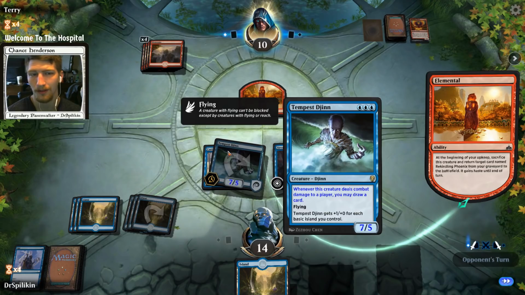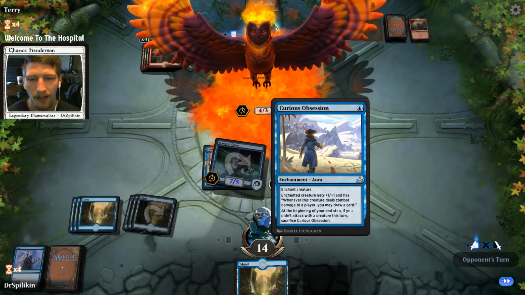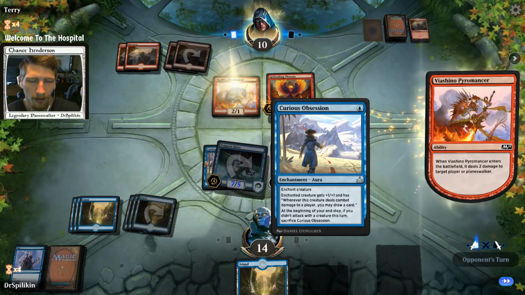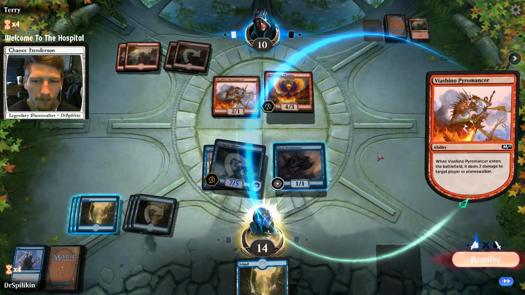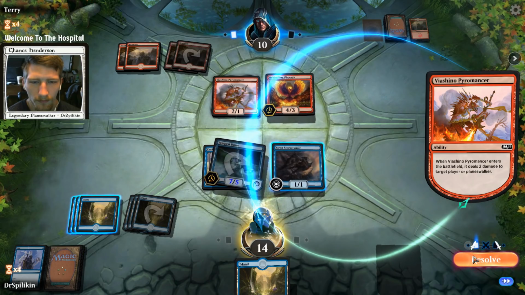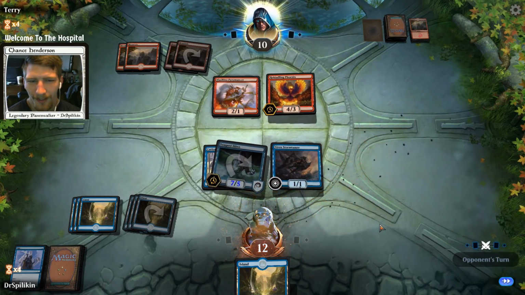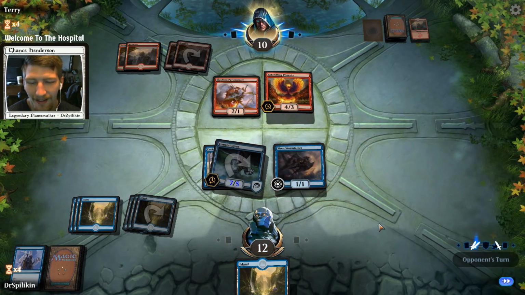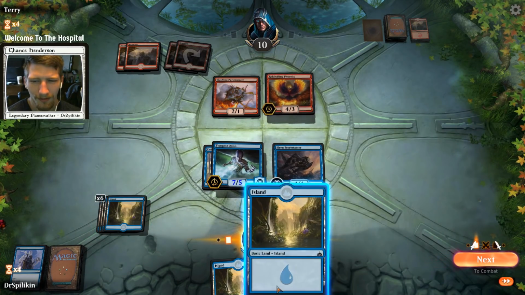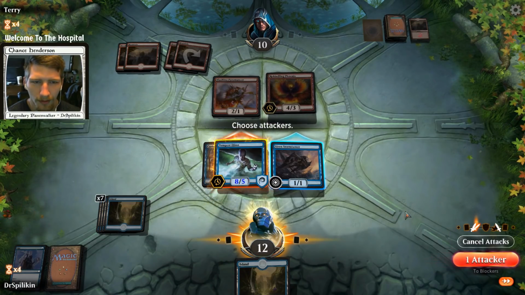The reason I keep swinging in with the Tempest Djinn, by the way, for those of you wondering, why do you keep swinging in? He's just going to keep blocking you, killing you, yada yada. We have to swing in order to keep our Curious Obsession. We could sacrifice the Siren Stormtamer to negate that 2 damage, but then it just leaves him with a, ooh, that's a rough draw, right? Then it just leaves him with an opening to attack, so